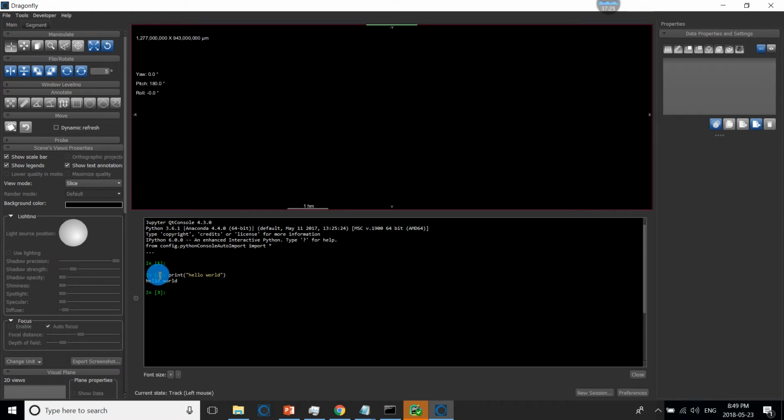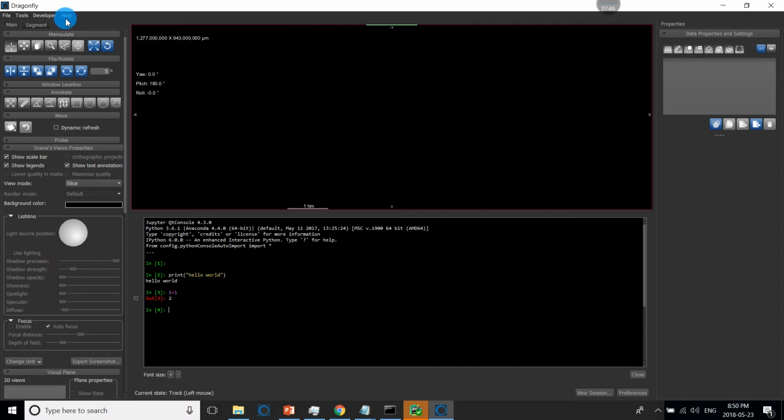So anything you would normally do in Python, you can do it from here. For example, to print a string, you can do print hello world and press enter, and it prints a string.